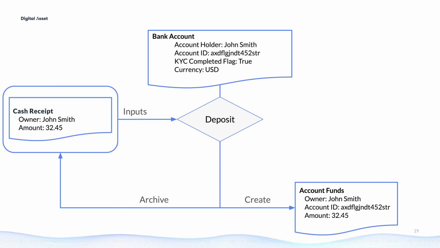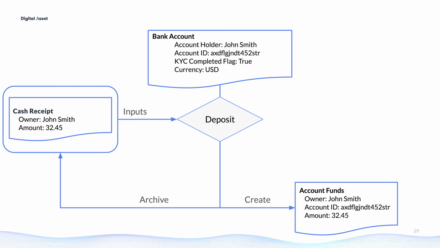The deposit and withdrawal choices are still there on the bank account contract, but we change them to reflect the new design. Deposit still does any business validation required to accept the deposit, but instead of updating a single shared contract, it just creates a new account funds contract with the balance deposited. By doing this, deposit is now completely independent of any other operation,